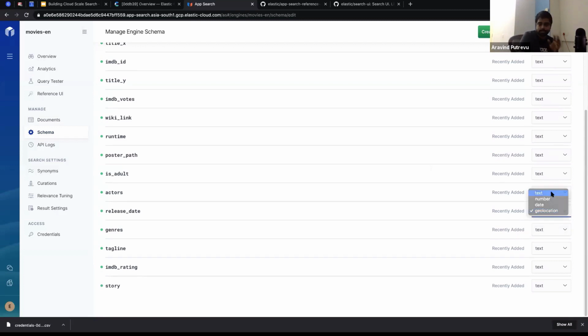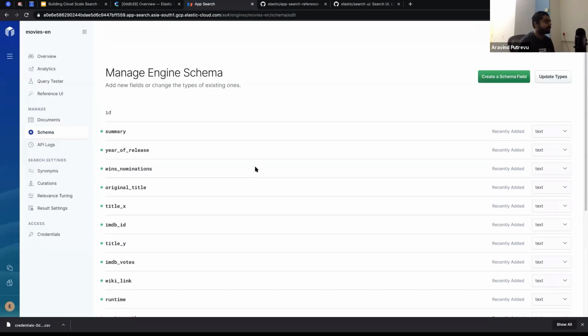So it's just Elasticsearch, but tuned in a way that it has a UI. It also has a lot of other features that help you make things accessible pretty quick. I stress on pretty quick very often.